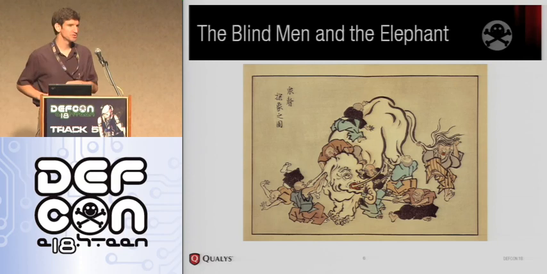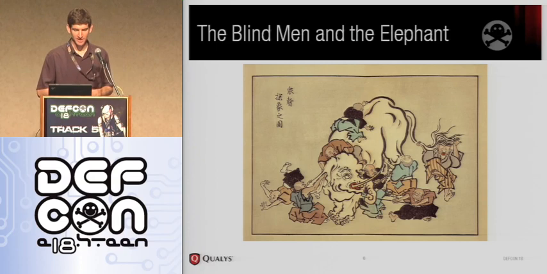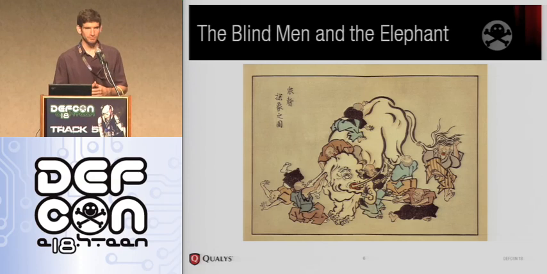So I like it. For those of you who haven't heard it, it's a parable on the unknowability of truth. It's a bunch of blind men, or men in a dark room, all touching an elephant, and one touches the side of the elephant and says, it's a wall, and somebody else touches the leg of the elephant and says, it's a tree. Somebody pulls on the trunk and says, it's a branch, or it's a vine. So all of these guys are taking one aspect of what they're looking at and jumping to the first conclusion that's there. And the story really pissed me off, because if they just sort of enumerated all of the possibilities